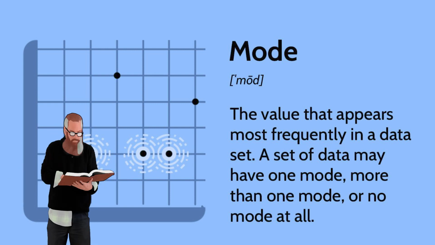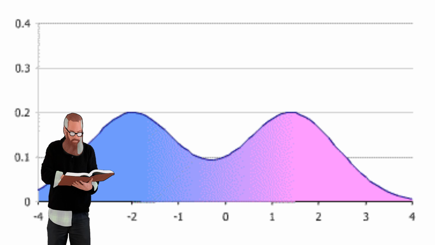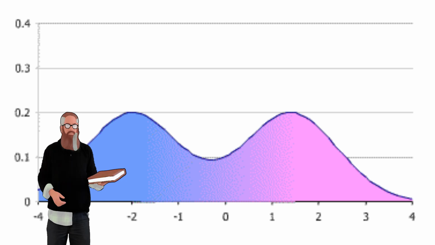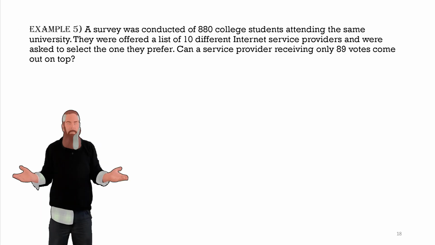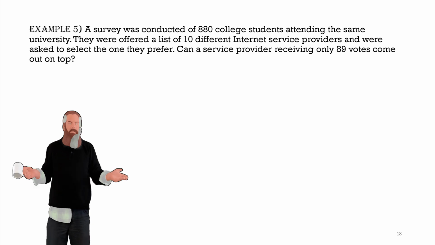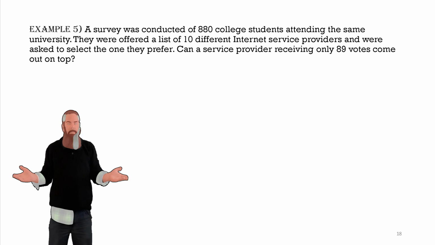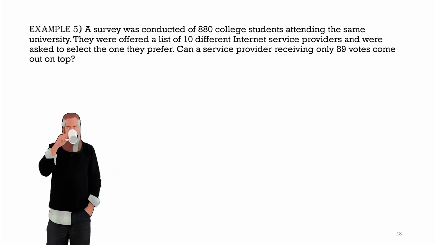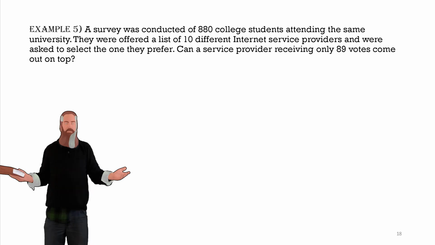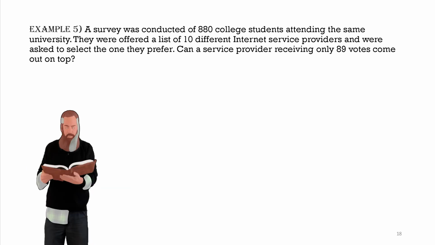A set can have no mode. If there are 2 modes, the set is bimodal. If each of the 880 votes were split evenly among the 10 different internet service providers, each would get 88 votes, and there would be no mode. If one provider received 87 votes, another received 89 votes, and everyone else received 88 votes, the provider with 89